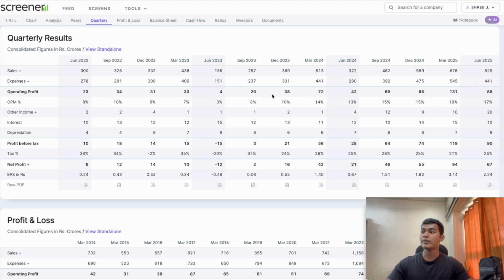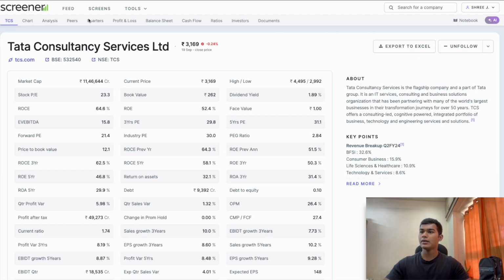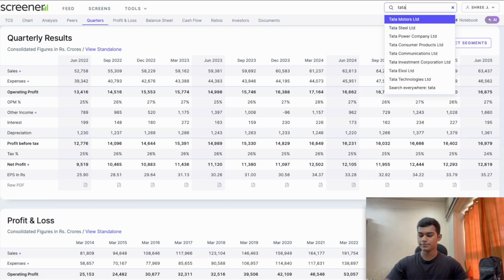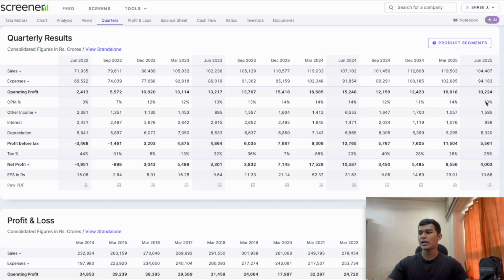Now, I'll take a case where we cannot use margins for comparison. So let's take for example TCS. Right? If you look at it, TCS does close to how much? 26-27% margin. Whereas if you look at Tata Motors, it does close to 10% margin, 10-14% margin. So you can't compare Tata Motors with TCS, because Tata Motors is in the automotive industry, which requires high capital investment, high capital expenditure, whereas TCS is a comparatively asset light model. So that is why you can't use these for comparison. But if you compare TCS with Infosys, Infosys with Wipro and all of that, like if you compare Kalyan with Titan, then that is a good comparison, and that is how you can find out which company is better